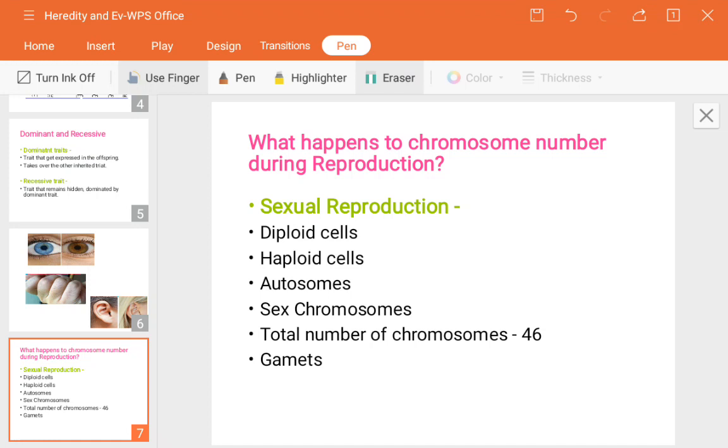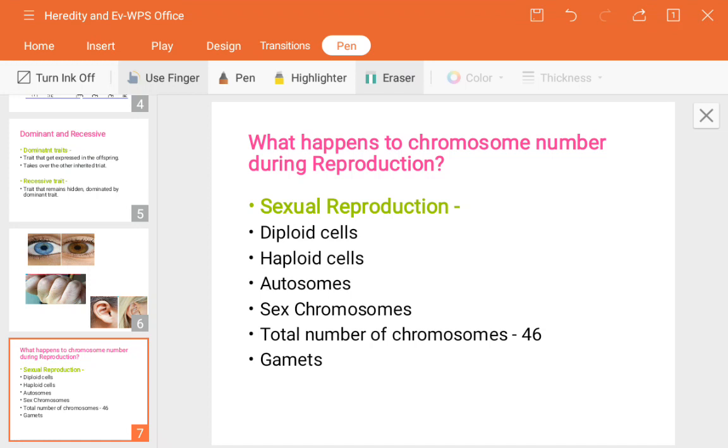Now here, the gametes are nothing but half the number of chromosomes. Those are called haploid, that is 23 chromosomes. See guys, each of them exists in pairs, that is 23 pairs. What does 23 mean? First, the autosomes are 22 pairs, and one will be the sex chromosome. That is the total number. Okay, so these are the basic things.